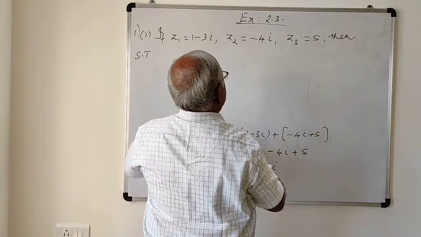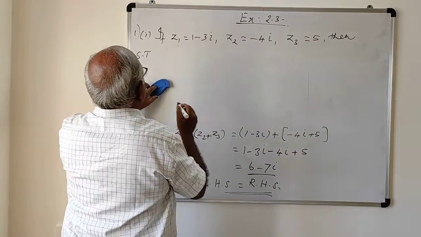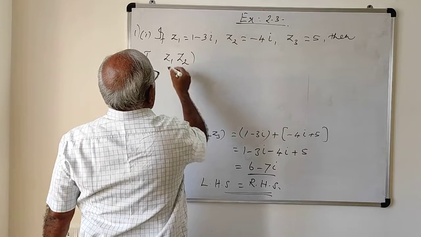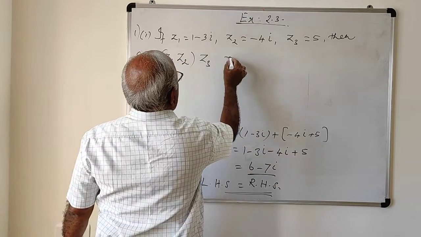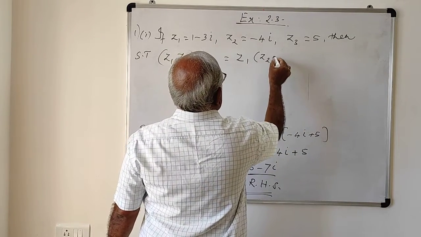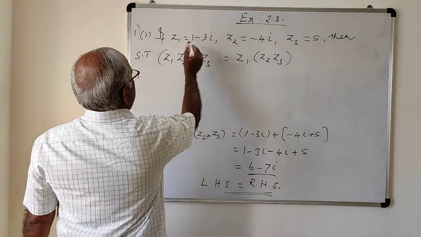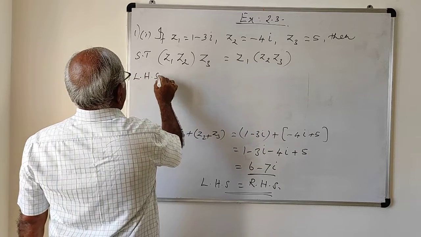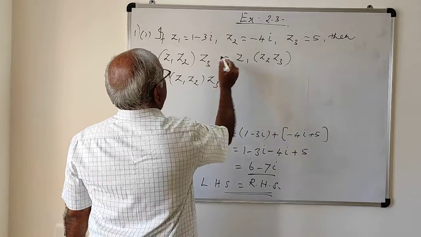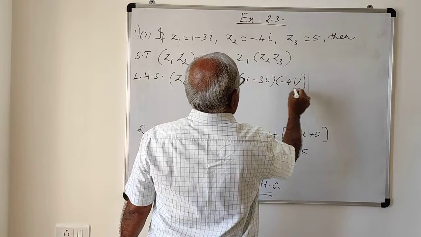For z1, z2, z3, we have to prove associativity under multiplication. That is, (z1 times z2) times z3 equals z1 times (z2 times z3). What is z1? On the left hand side, first (z1 into z2) into z3, where z1 is 1 minus 3i, z2 is minus 4i,